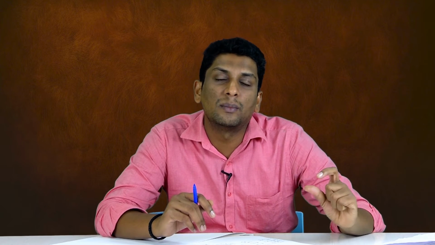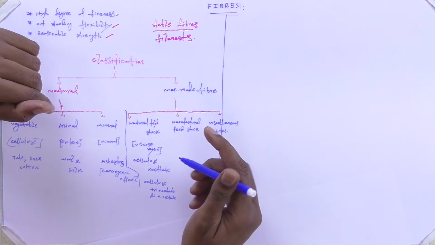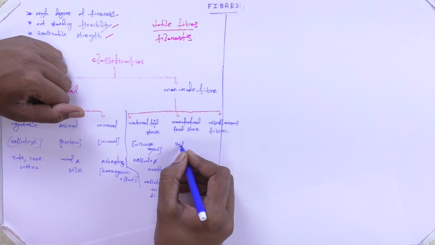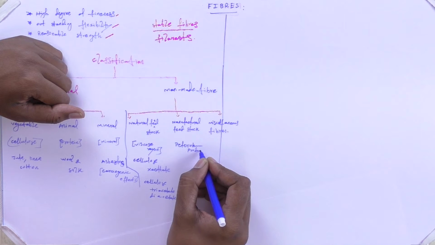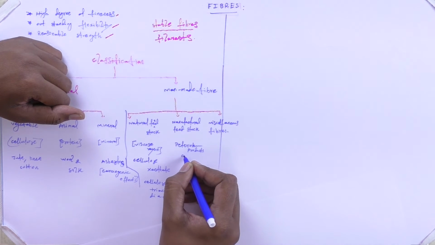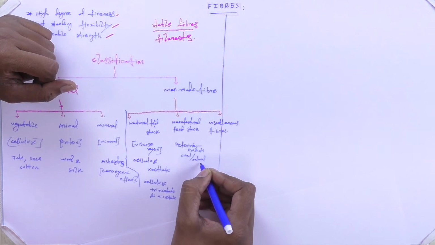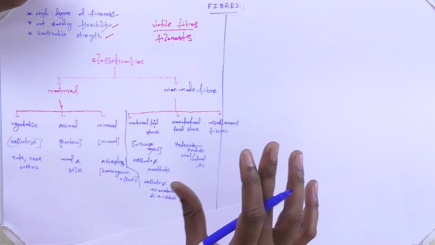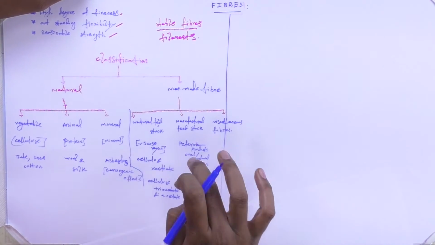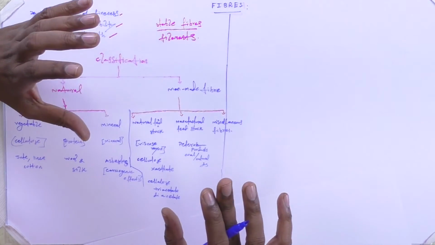The manufactured feedstock is nothing but a derivative of petroleum products. We take very low molecular weight petroleum products and we synthesize manufactured feedstock fibers. So it is derived from petroleum products, or coal and natural gas. We take some low molecular weight compounds from these petroleum products and then we derive